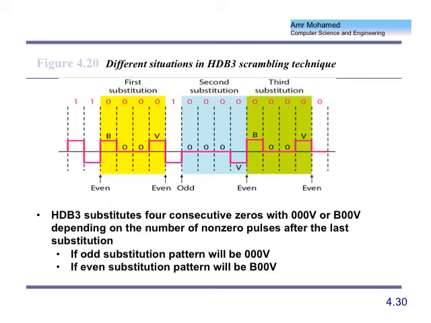Right? Okay? So that's always the case. But here, instead of having one substitution for all cases, no, I divided that into two cases. One substitution is fit for even changes of voltage levels, and the other one is good if I have odd changes of voltage levels. And what this tries to do again is to balance the changes, to make it always even. The changes should be always even. Okay? Any question?